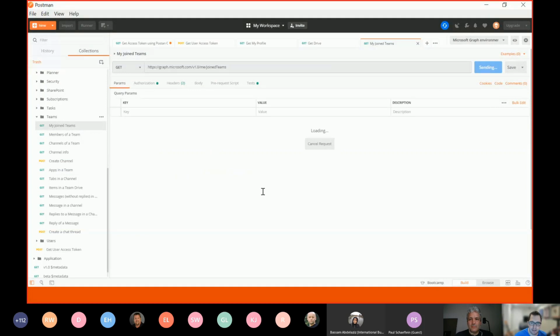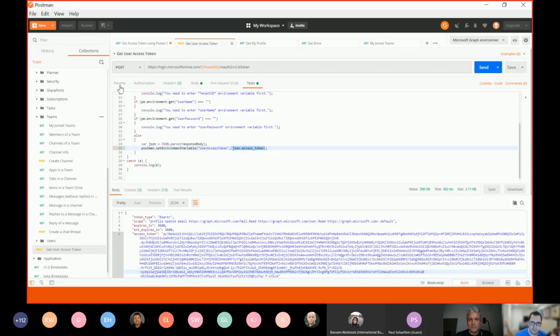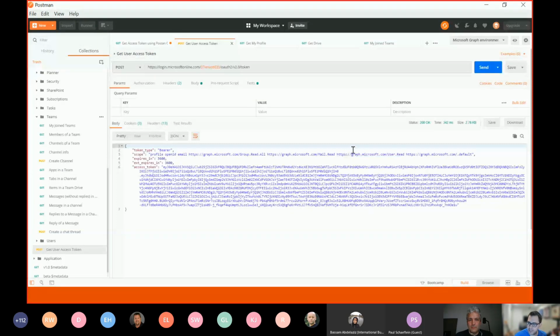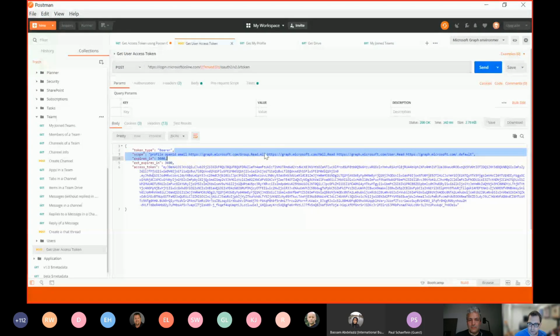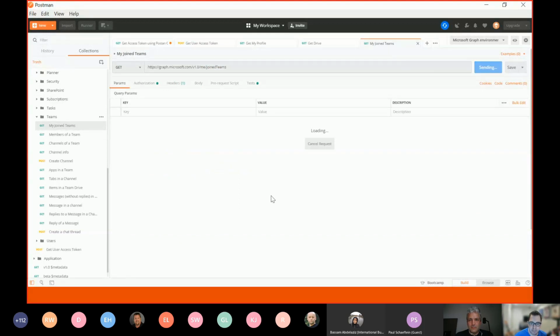Now, if I run this again, that's still not going to work. And the reason that's not going to work is the access token that I got, that's in my environment variable, didn't include that scope. So if I go through and rerun this now, you'll notice that I now have in my scopes for this token the Group.Read.All. So now if I run my join teams,